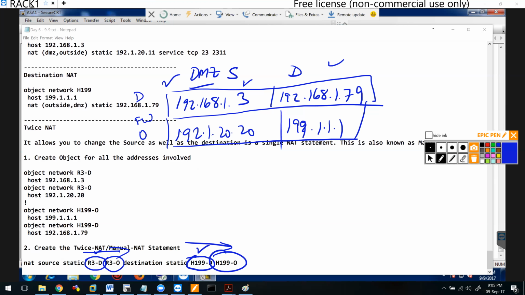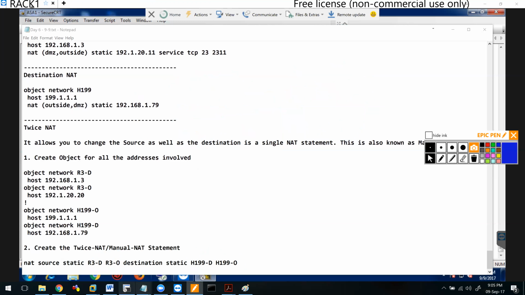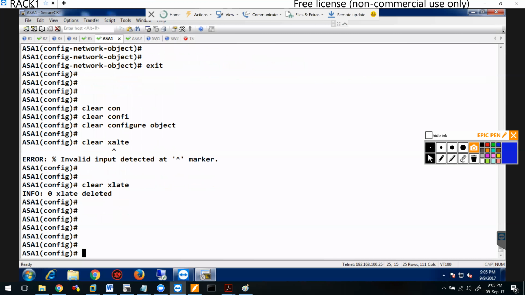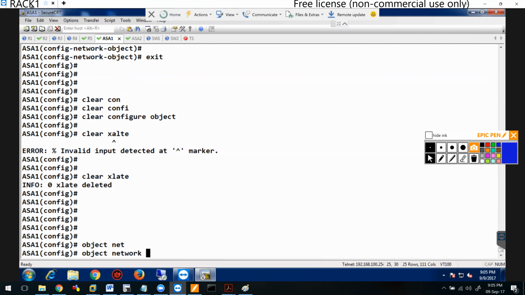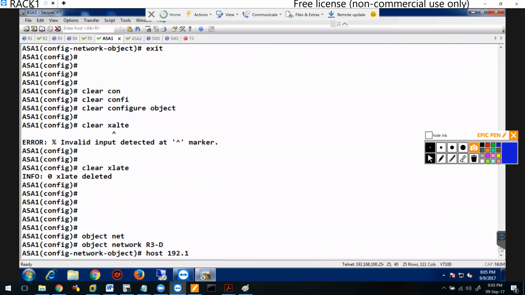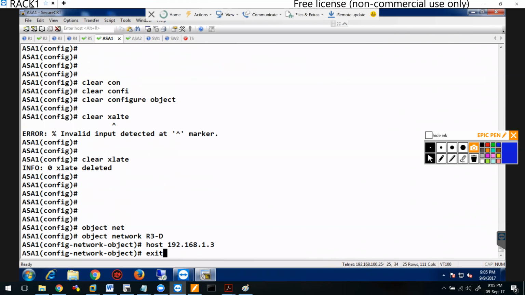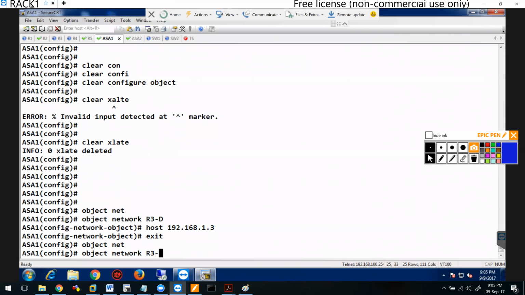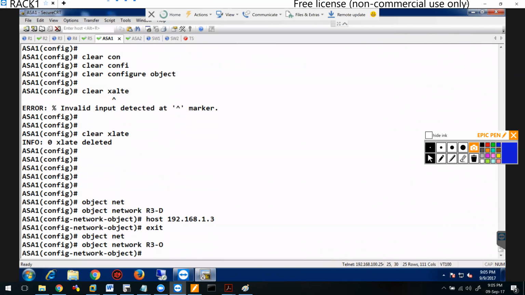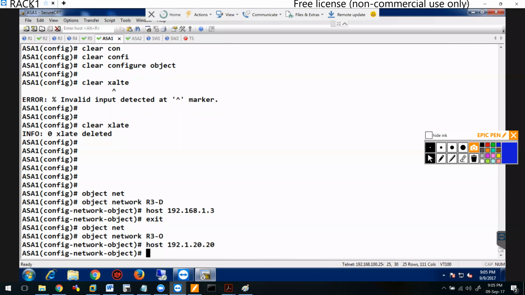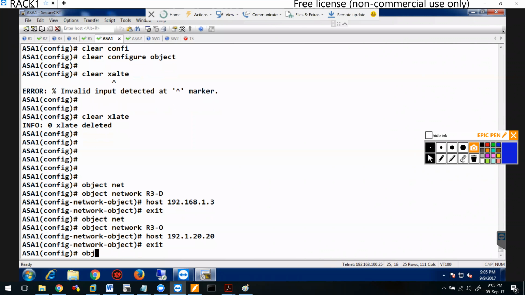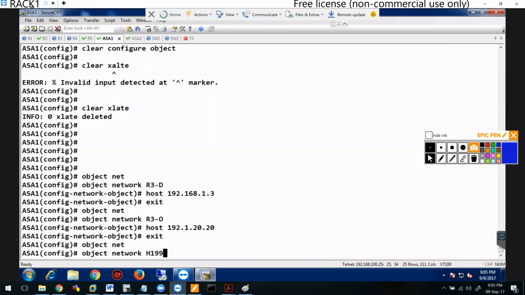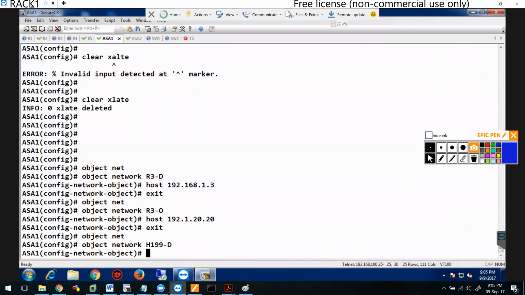So let's take a look at doing it. Let's do it over here. Create the objects. Object network R3D, host 192.168.1.3. Object network R3O on the outside, host 192.1.20.20. R3 on the outside is seen as that. Object network host 199 on the DMZ is seen as